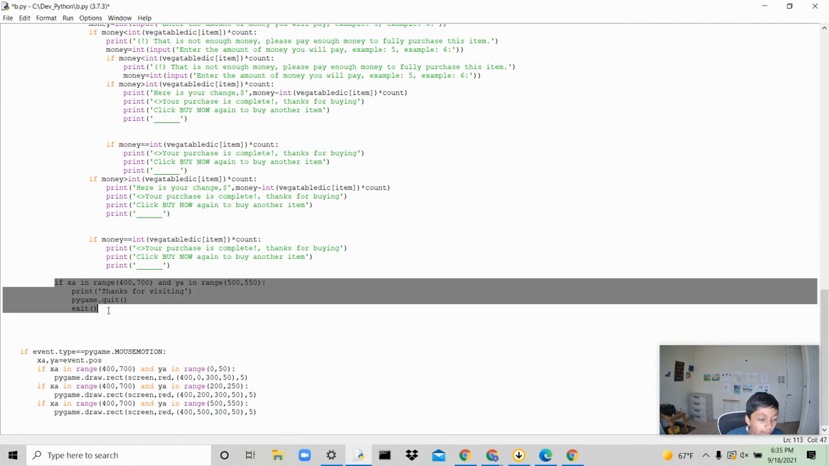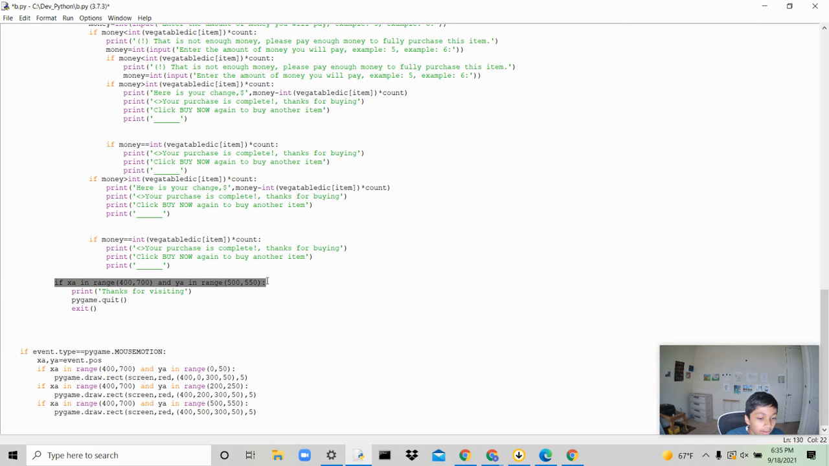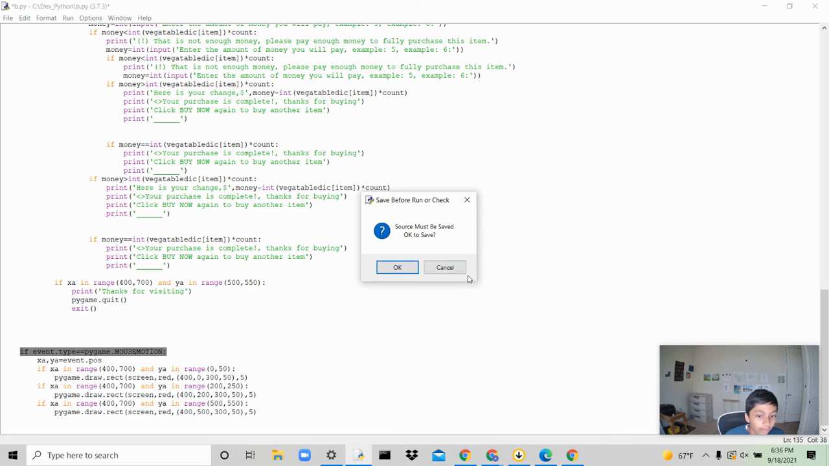Now, for the exit button, this is for it seeing the mouse position. If it clicks and is on the range of the button, it'll say thanks for visiting and pygame.quit. Then it'll exit out of the pygame window and close. If event.type equals mouse motion, sometimes, as you can see, there are these red boxes that, let's say if I highlight